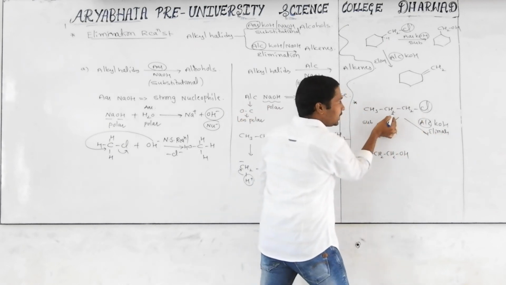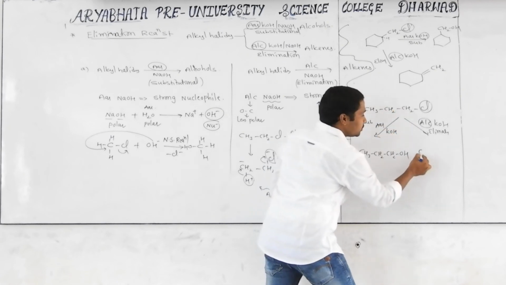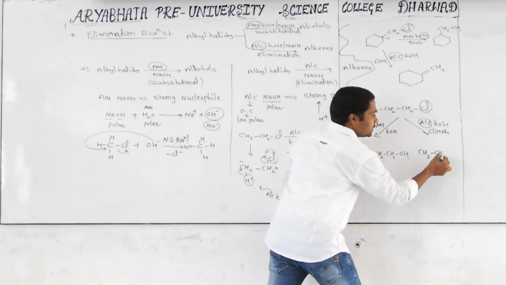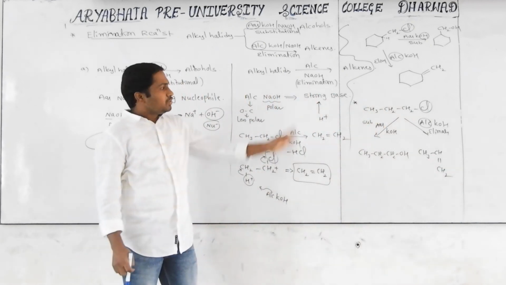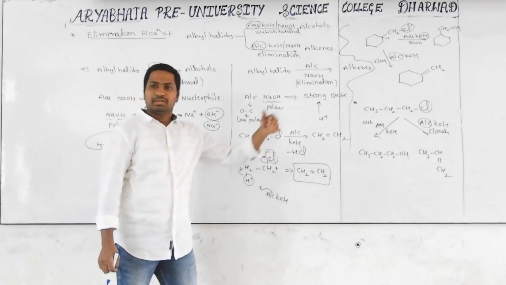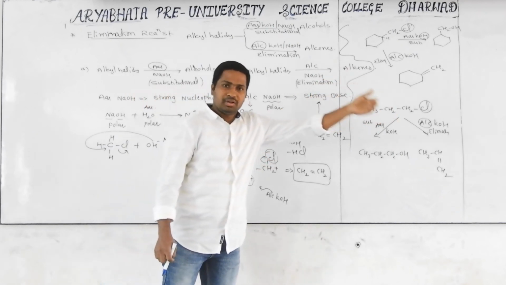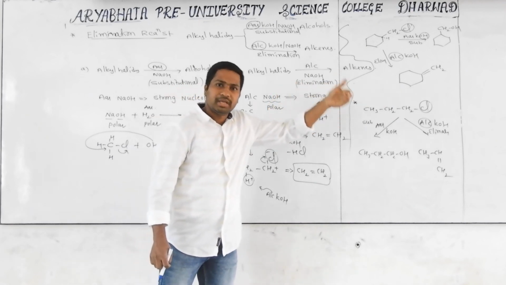From here Cl, from the adjacent H, a double bond will come, which is CH3CH=CH2. So these are the bits asked in competitive examinations. Reaction with aqueous base gives substitution, giving an alcohol. Reaction of an alkyl halide with an alcoholic base undergoes elimination, and we get